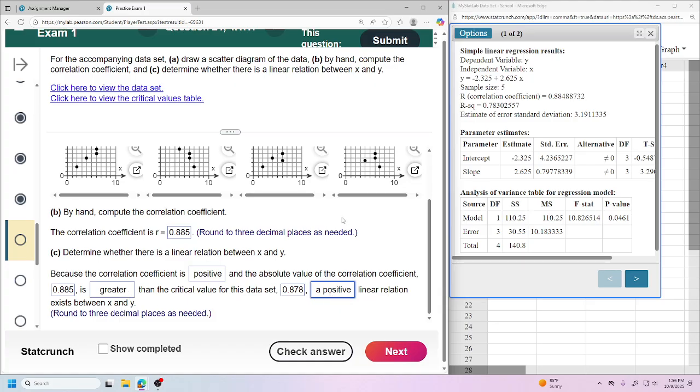So let's just say I didn't make an 88, but I made like a 60. That would not be great. So then it's still positive, but it would be less than that number, and I would have to say none, or something like that. Does it make sense? Yeah, correct. Yep. Is that okay?